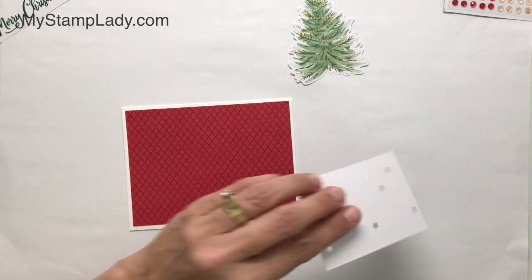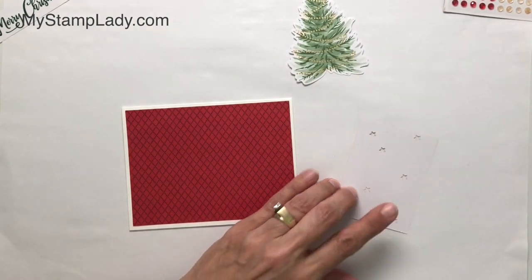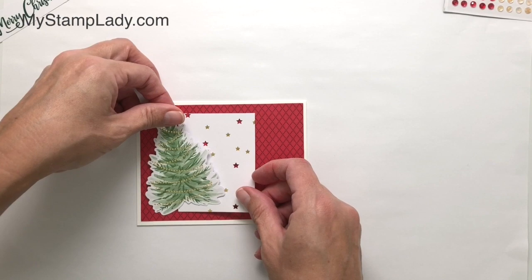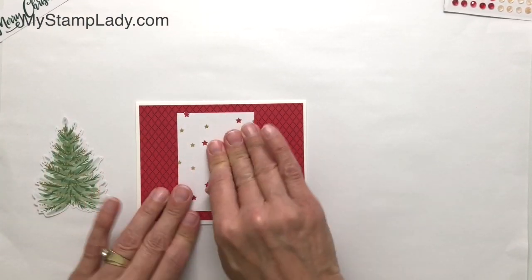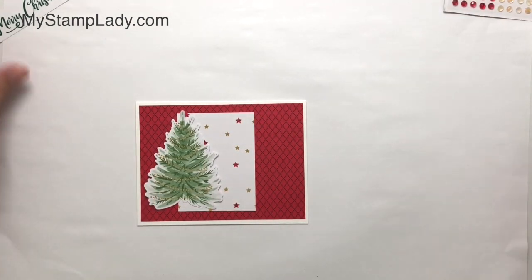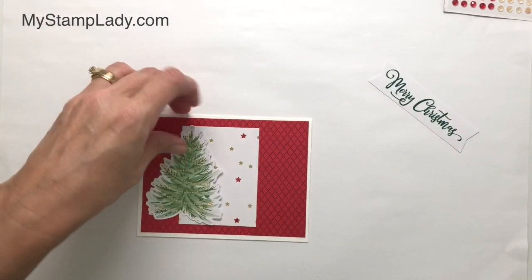Next step is to put some adhesive on this tag piece that I've cut down. I'm going to take my tree in just for kind of figuring out. Now, after I made my sample card, I was trying to decide, do I like this tree tilted? I did tilt it. If you don't like the tree tilted, you certainly could do it straight. Let me see here. I think I'll do this one straight, and then when I get done, you can see